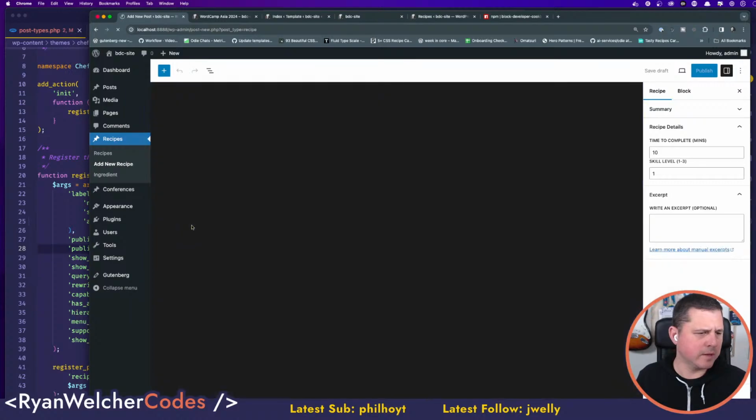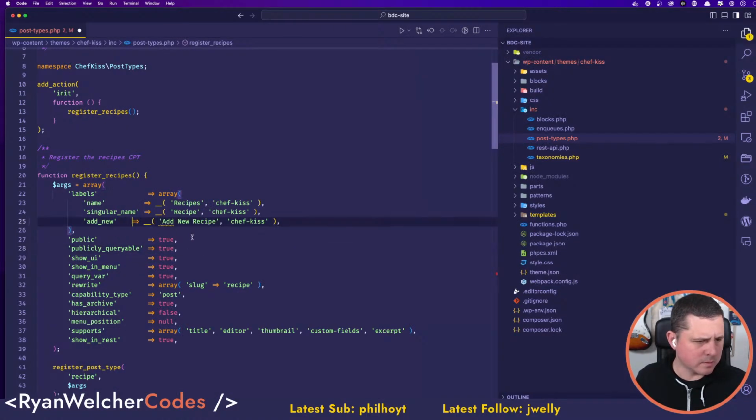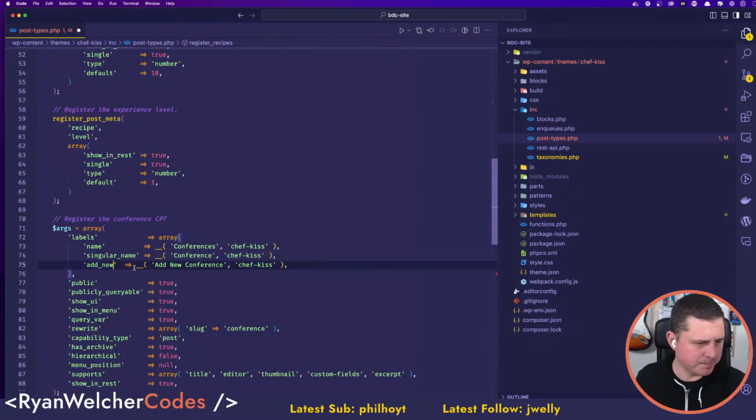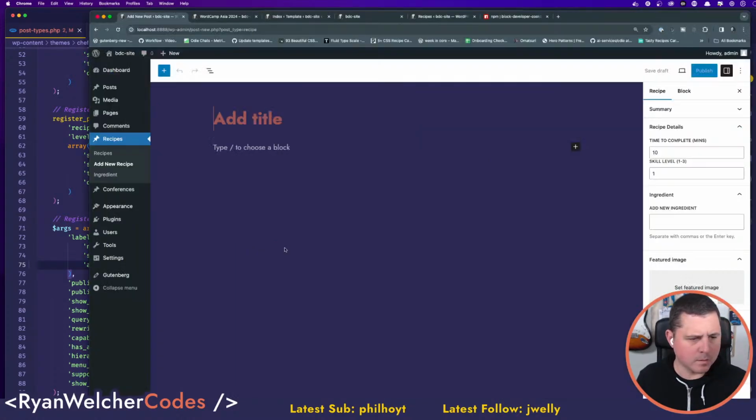What's the right label for that? There we go. That's the thing that was bugging me, because I wanted to say add new recipe, and this should say add new conference.